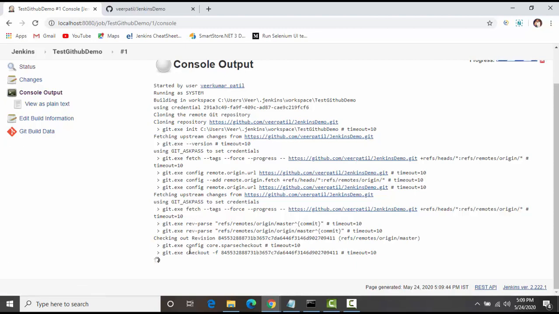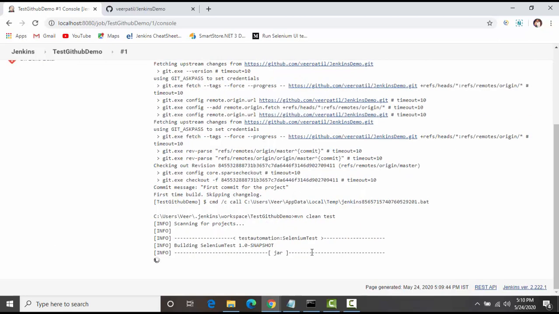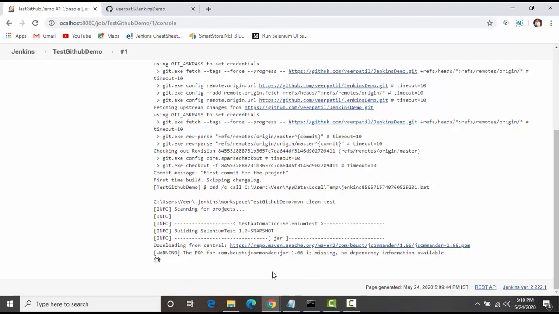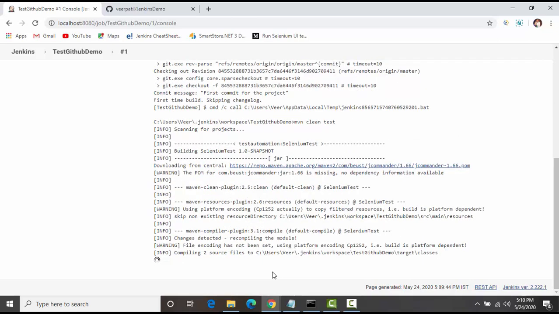Basically it will pull the source code from the GitHub and then it will start. So it has downloaded the source code from the GitHub. Now it started the maven goal where we are executing the test. Let's see whether we are able to execute the test or not. So it has started downloading the dependencies required for this project, and after that it will start executing the tests.